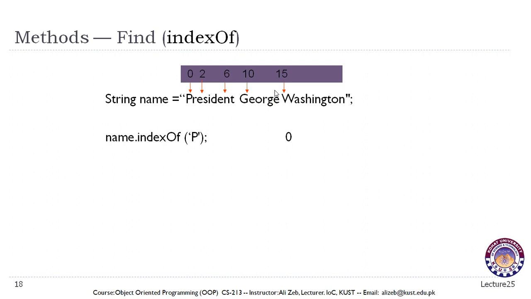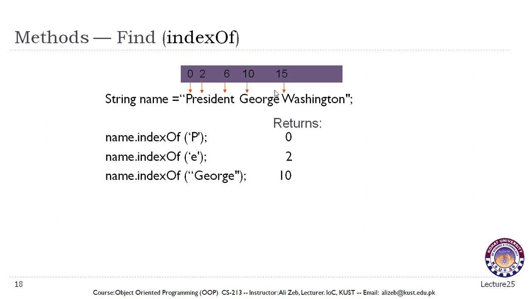So if you want to return the position of a certain character in a given string, then you can use the indexOf method. Name is the name of our string, so name.indexOf, we can call this method indexOf and pass the string, and it should return the position or the index number of that character. So the index of E should be 2, the index of George, the complete string George, is equal to 10,